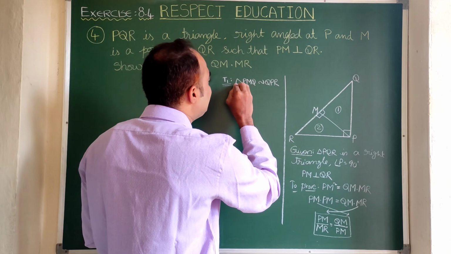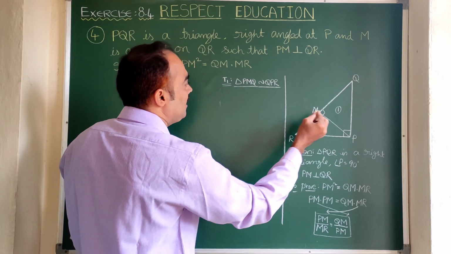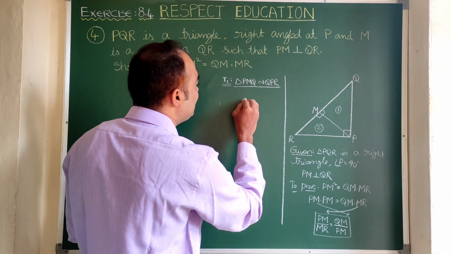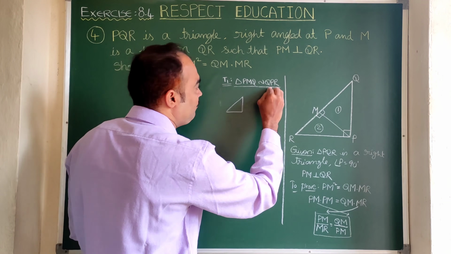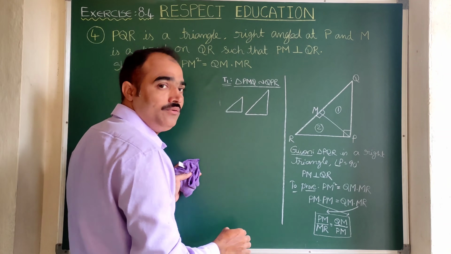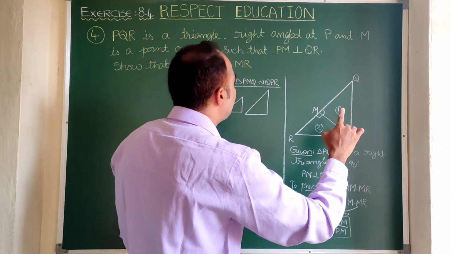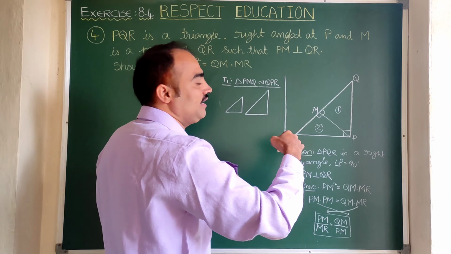QPR. This is the target we are going to achieve. Let us see how to prove this. So let us separate the triangles. First one, the first son, is the smaller one, and the father is the bigger one. Now just observe. Imagine that you are roaming in these triangles, the first triangle and the full triangle, right?